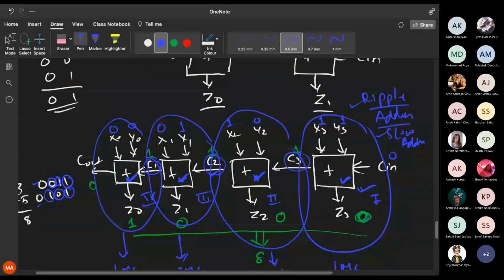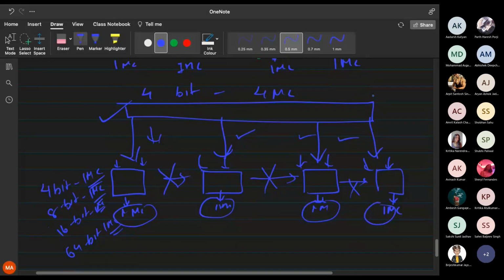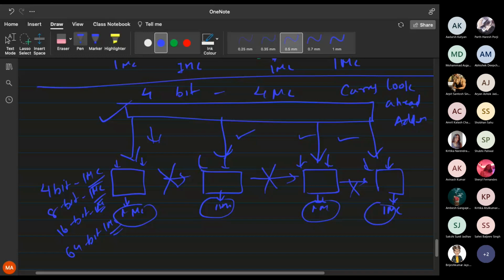And the next adder that we'll be discussing in the next class is called the carry look ahead adder, meaning the carry will be available beforehand. Or you can also call it the opposite of slow, a fast adder. Is that clear? All modern computers, whether an i3 processor, i5, Snapdragon or any processor, will have this carry look ahead adder.